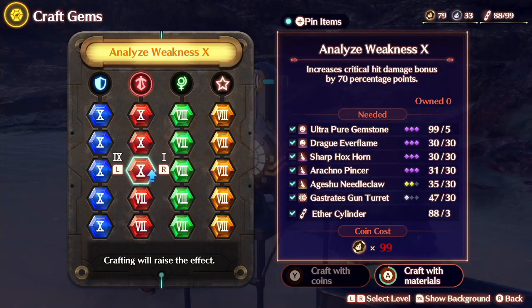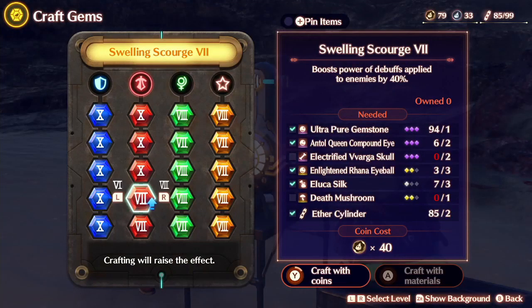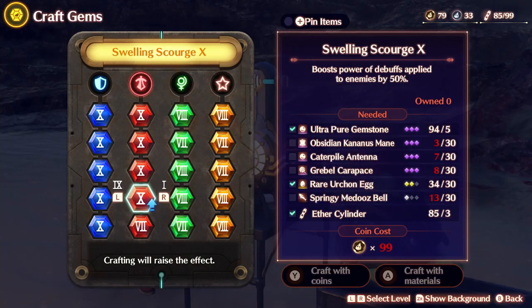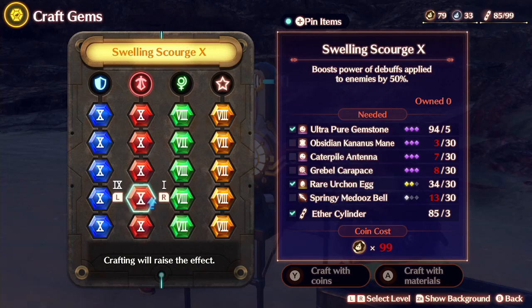Yeah, this is the 8 out of the 2010 gems we need. Now we're going to pin this one. None of these enemies we've beaten yet, so we'll have a decent bit of fun farming that, I guess. And then after that, there's this. These debuff ones are pretty good for...